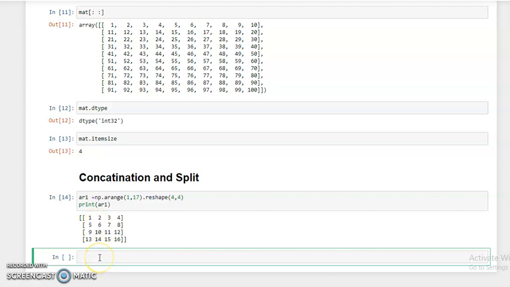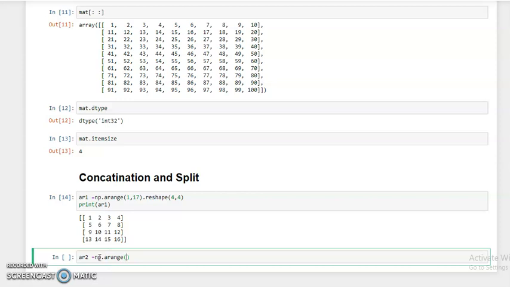Now for concatenation we need another array, so first we create another array. Suppose ar2 equal to np.arange, and suppose we need entries from 17 to 32, total 16 entries.